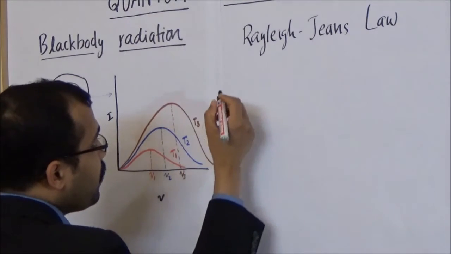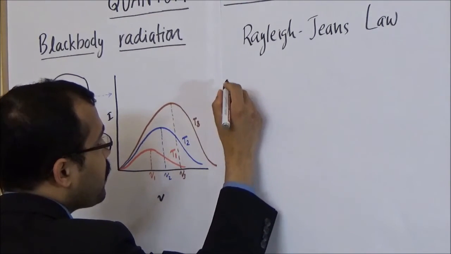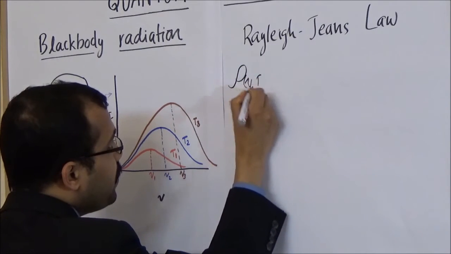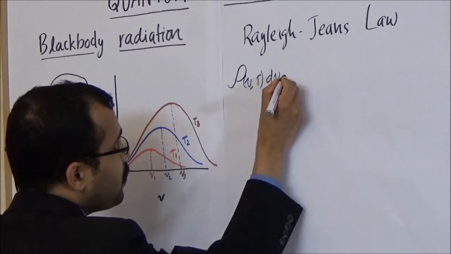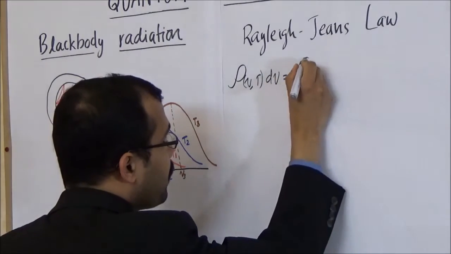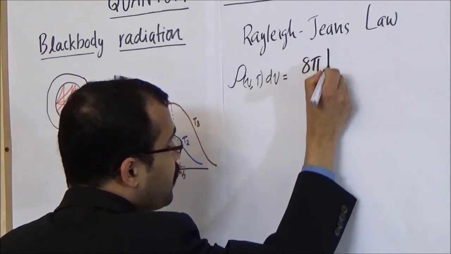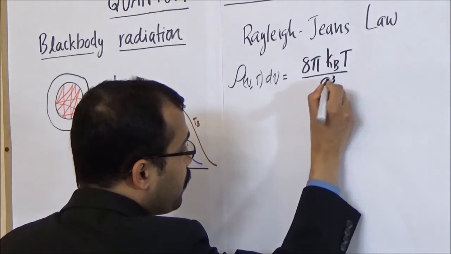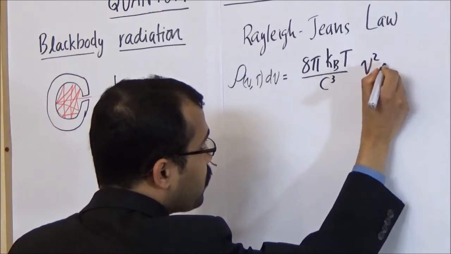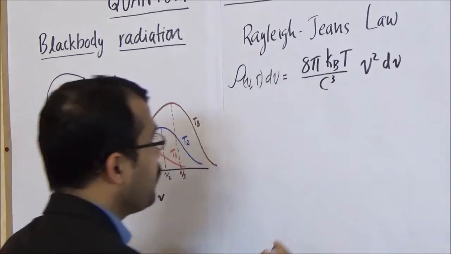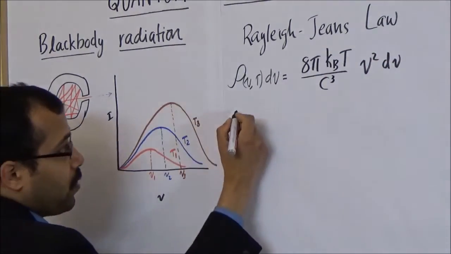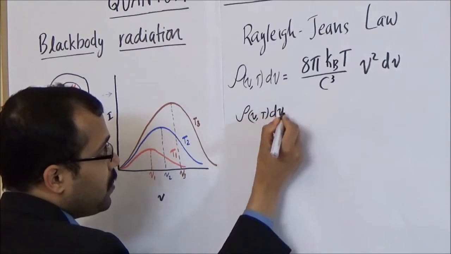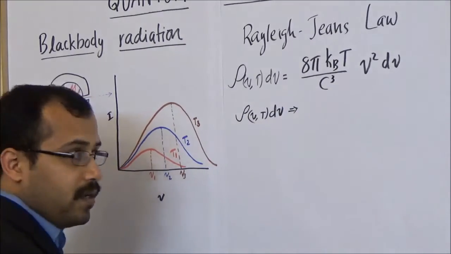And according to the Rayleigh-Jeans law, rho(nu, T) d nu is equal to 8 pi kB T by c cubed times nu squared d nu, where rho(nu, T) d nu is the density of